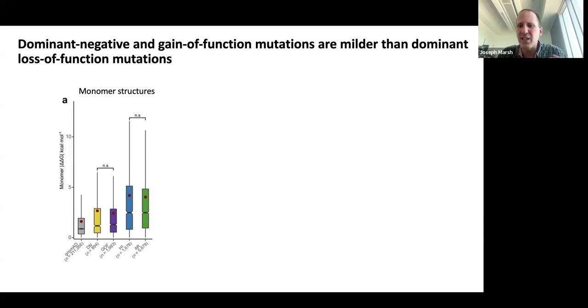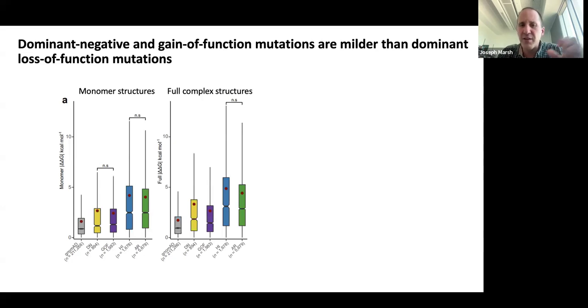And that gnomAD group is essentially putatively benign variants that are observed in the population. So essentially what that shows us is that these dominant negative and gain of function variants are actually quite mild at a protein structural level. They're almost more similar to benign variants than they are to other pathogenic loss of function variants, which in a way can explain this poor performance that we saw in the stability predictors in predicting disease, because it shows us that there's lots of these disease mutations that cause disease but aren't destabilizing to the protein.